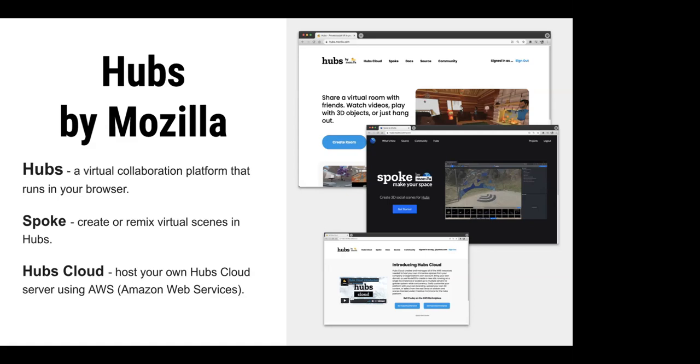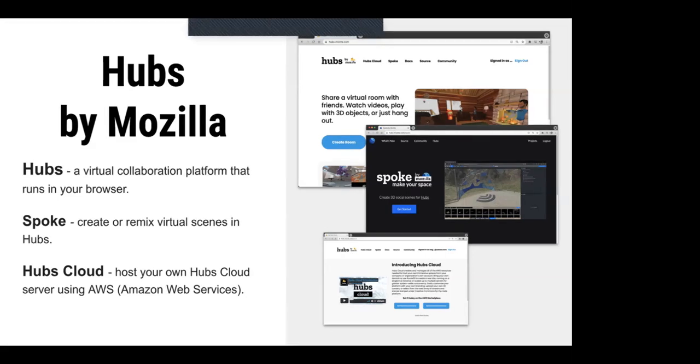There's also something called Spoke, which is an editor that allows you to create scenes so that you can use them in Hubs. As you might have noticed, I've customized this scene today for our conference. And then also Hubs Cloud. That is if you want to host your own Hubs server, you can do that.